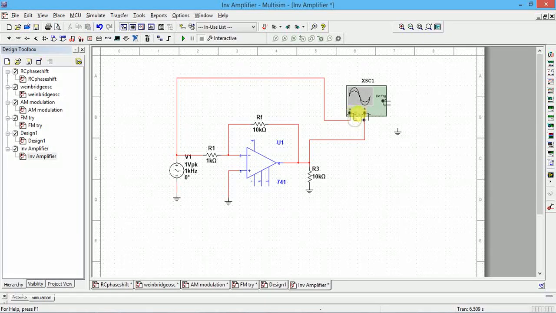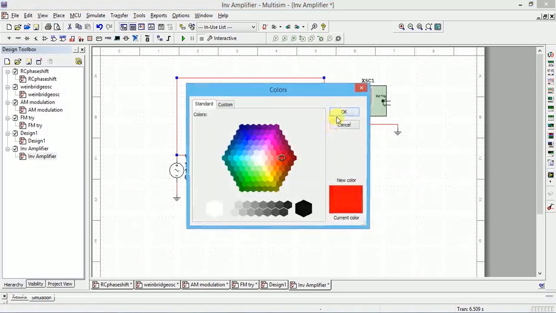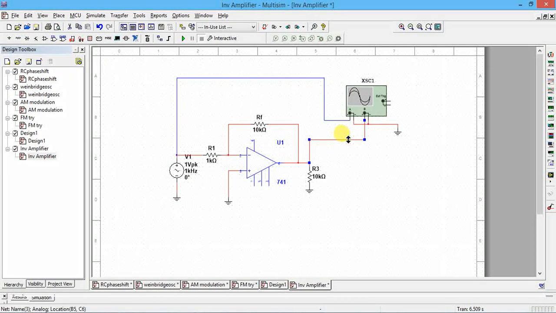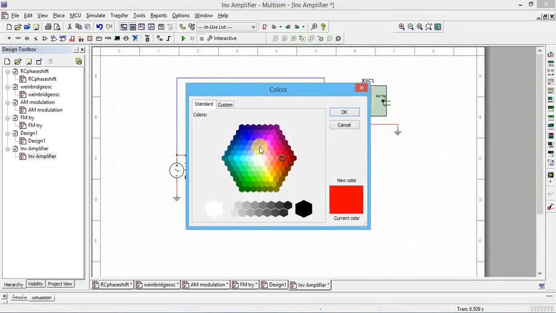So we can connect two grounds to ground. Channel A is connected to the input, so I will set the segment color as the input color. Input I'll give some blue color, and output I'll give green color.